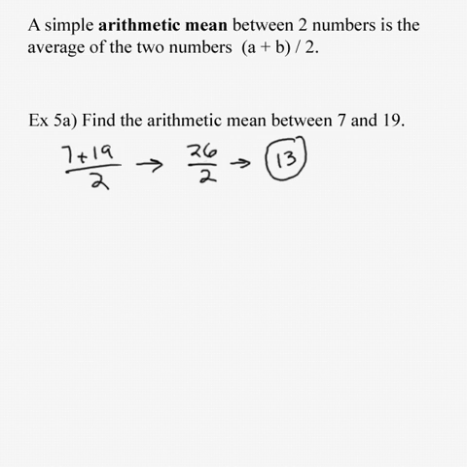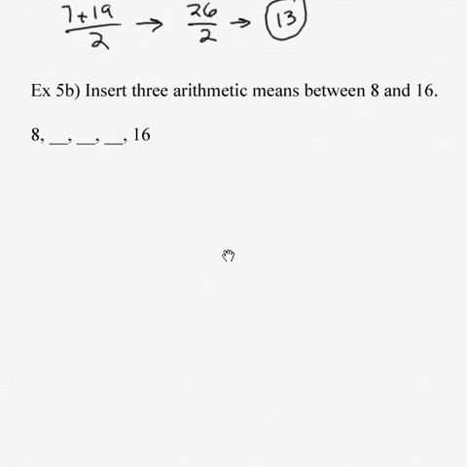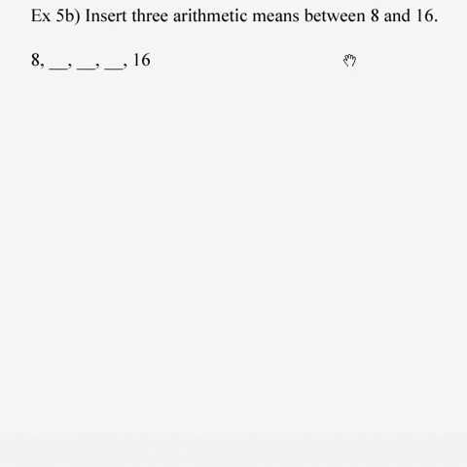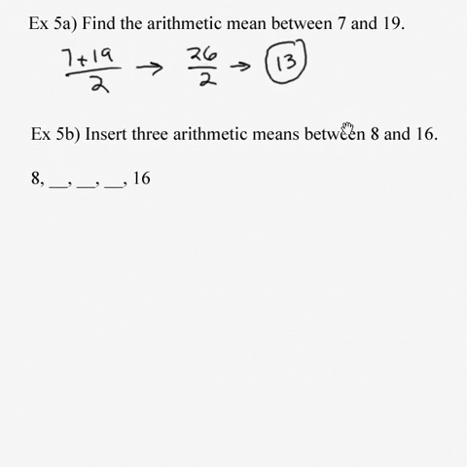So the next place we're going is to insert more than one arithmetic mean between 2 numbers. Insert 3 arithmetic means between 8 and 16. Now, here's my strategy. I suggest we use the formula. I know some of you are looking at this and say, I don't need the formula, I can use the previous formula. You'll say, well, I can find this middle term by averaging 8 and 16, and what I get there, I could use this middle term as the average of those, and this missing term as the average of